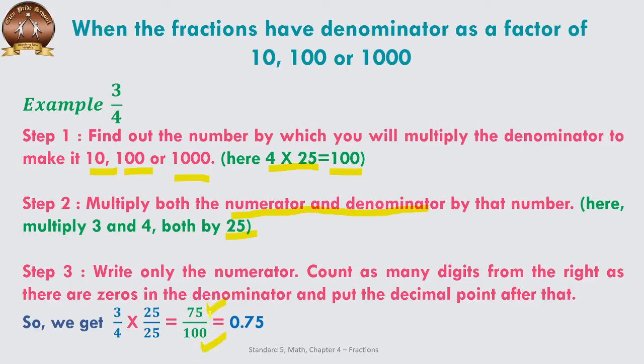So now this is a simple fraction with the denominator equal to 1 followed by zeros. We are going to put a point starting from the right hand side. So leaving two places from the right hand side, 5 and 7 we left and we put a point here. So the answer becomes 0.75.